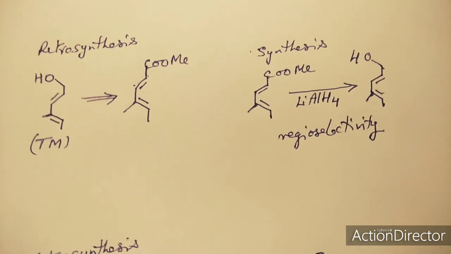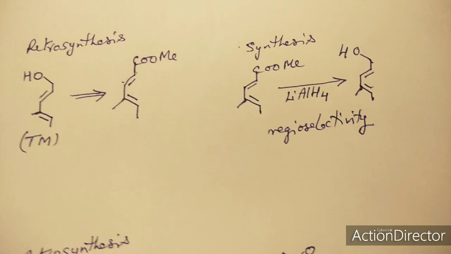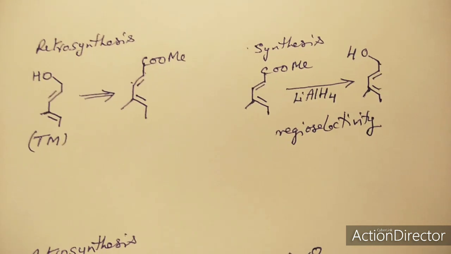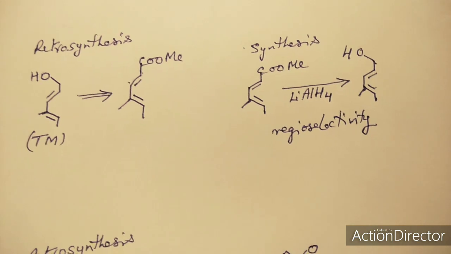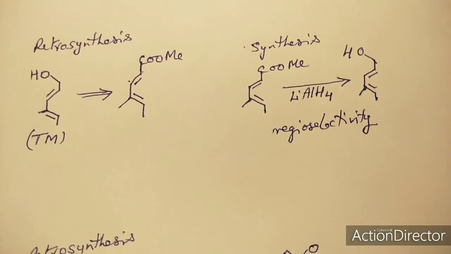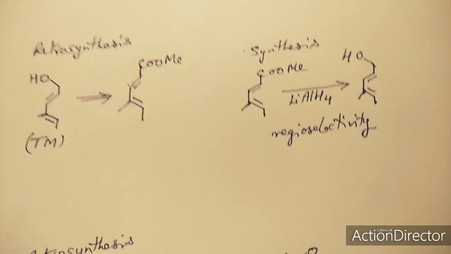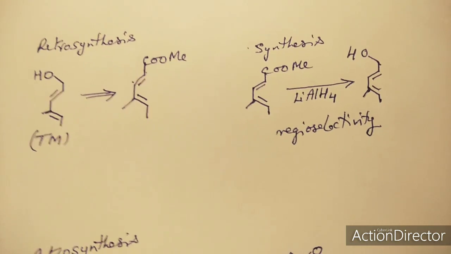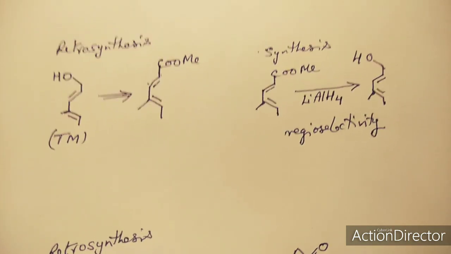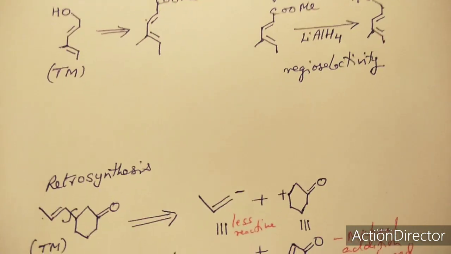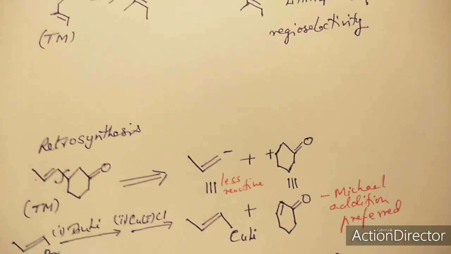So regioselectivity by using this was the case of 1,2 or direct 1,2 addition. That is, COO was reduced to CH2OH. And what was the reagent? Lithium aluminium hydride. So this is how regioselectivity was seen, based on the concept that we studied earlier. Now this target molecule here,